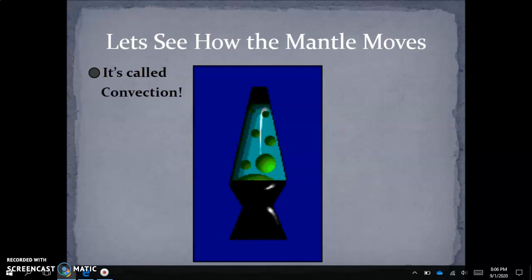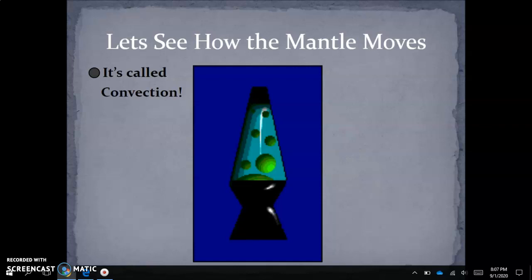It becomes more dense, and then it sinks back down to the bottom. And then as it gets closer to the light bulb, it heats up again. Then it will rise up, and it will go in this cyclical motion as long as the lava lamp is turned on. That's basically the same basic motion of what happens in our mantle, and these are called convection currents. We talked a little bit about convection in our energy lesson of our Unit 1,